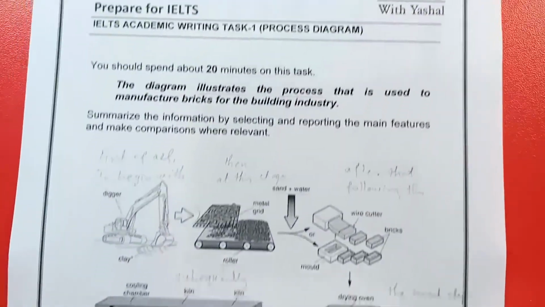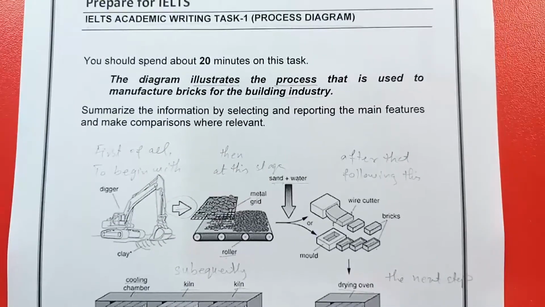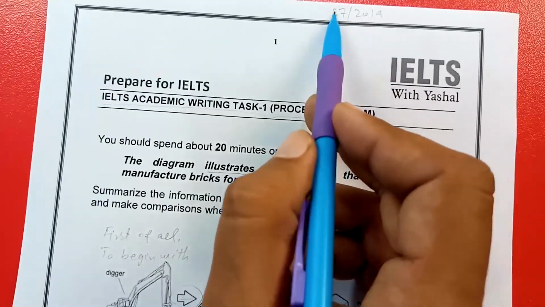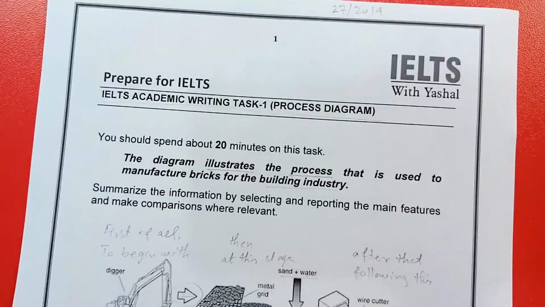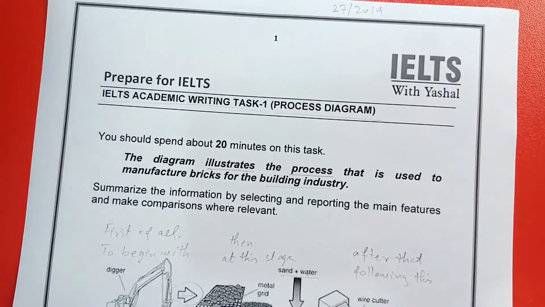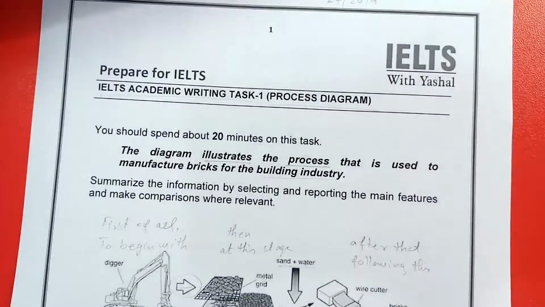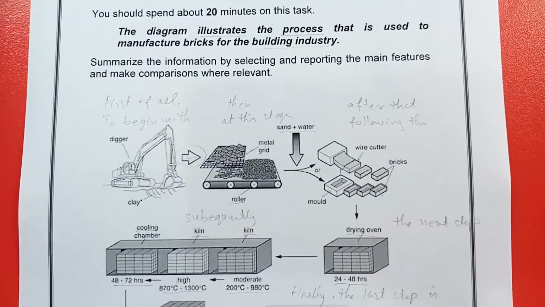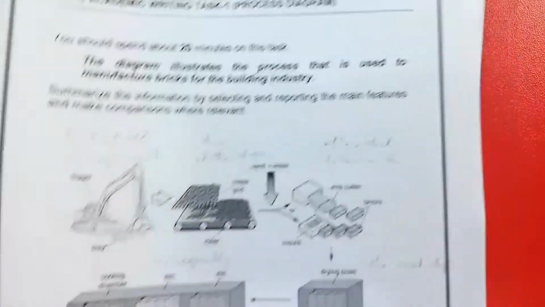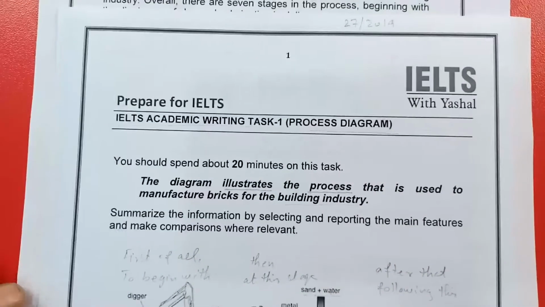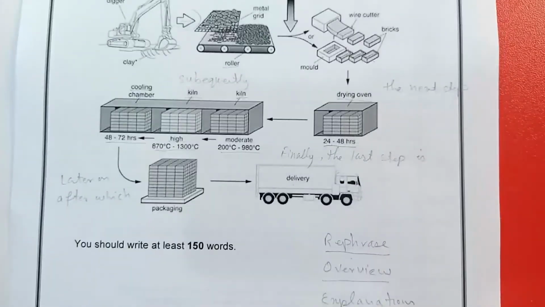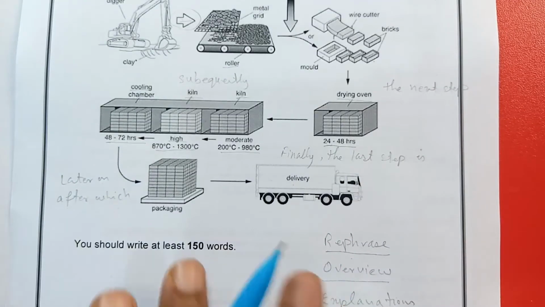I prepared the model answer for my students who came here in this test, और ये मैं आप लोगों से भी शेयर करता जाता हूँ। How you have to do this? First of all, as I've already told you, you have to rephrase, then overview, then explanation. How we can rephrase the question? In the question you can also summarize the information by selecting and reporting the main features and make comparisons where relevant. हमने वो सारी चीज़ें यहाँ पे कर ली हैं।